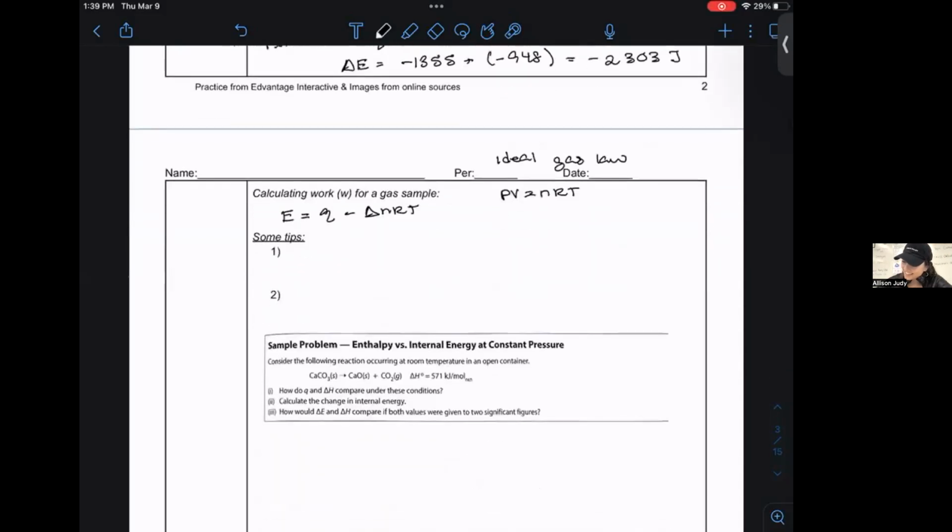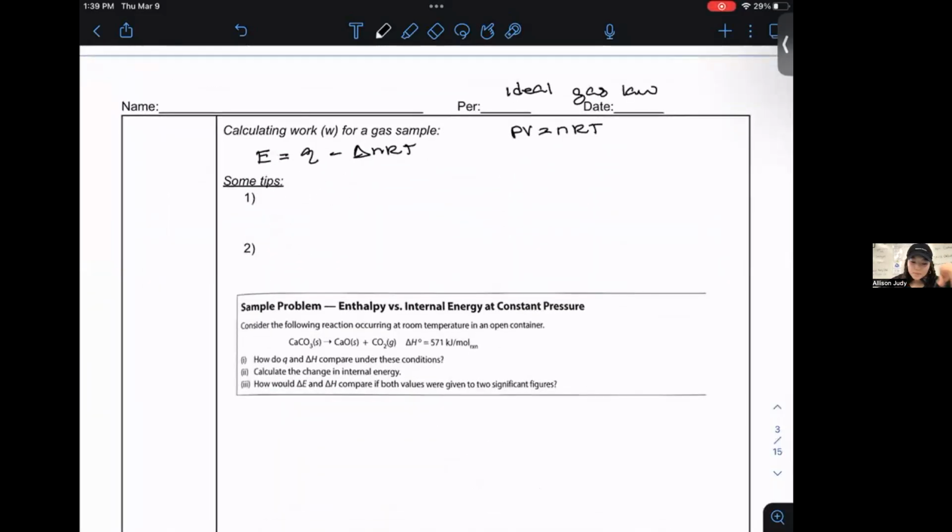Okay. So, some tips to consider. This is where I clarify why we often treat heat and enthalpy the same. When heat Q is exchanged between system and surroundings, and external pressure is constant,